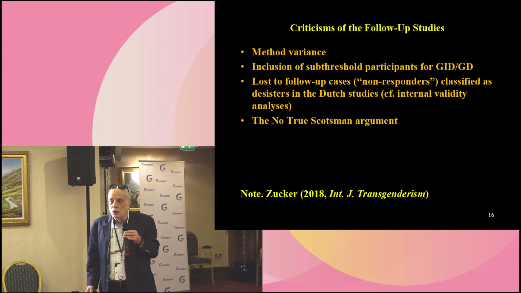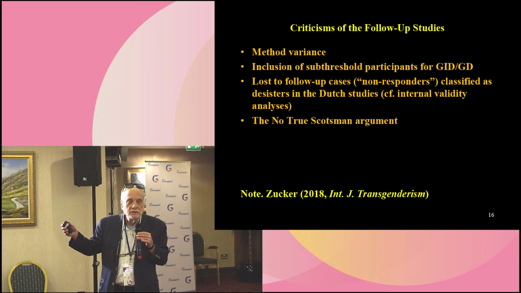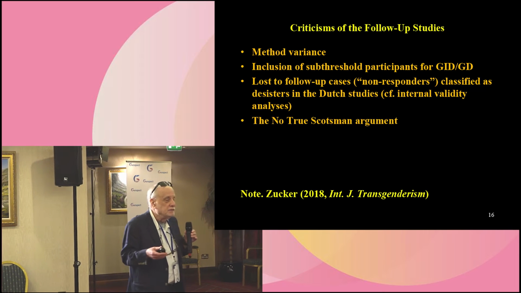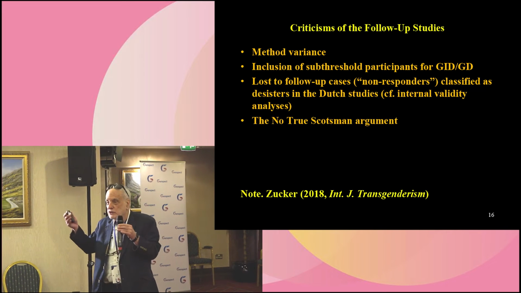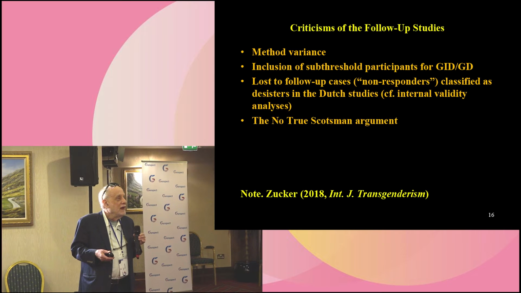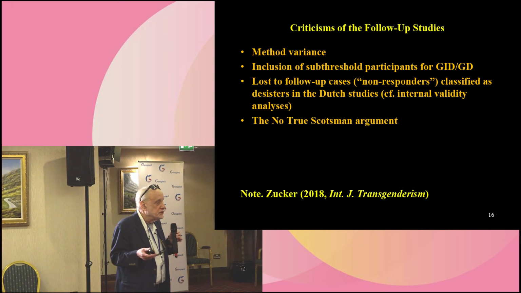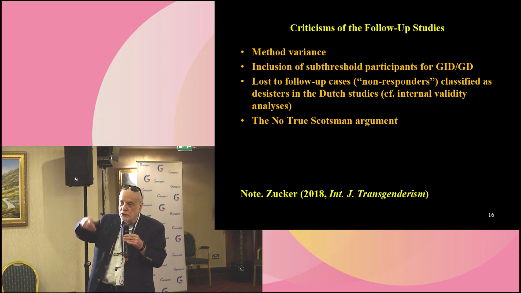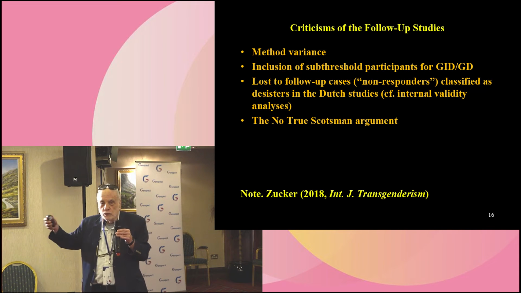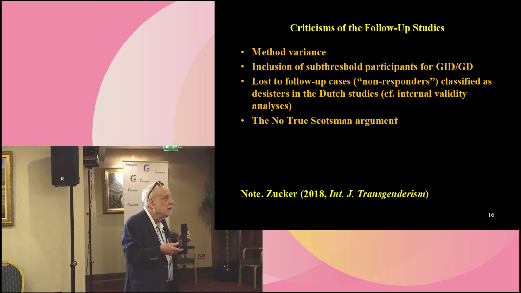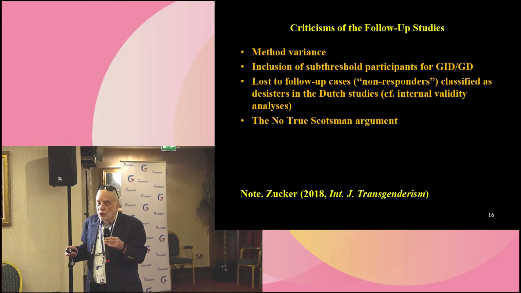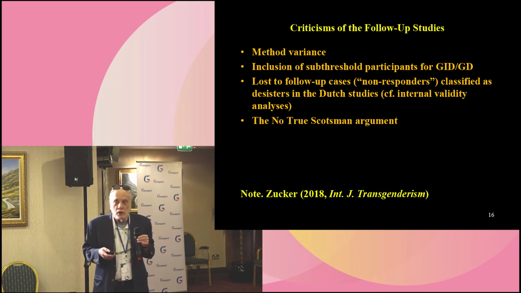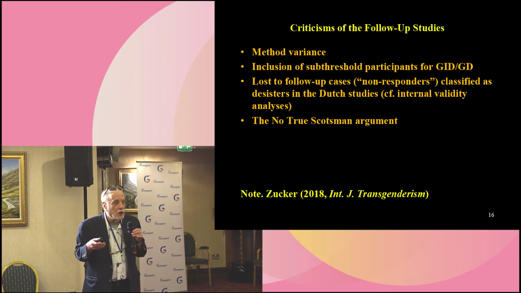And not only that, they also looked at the baseline data of the non-responders compared to the kids who were in the study, and there didn't seem to be any major difference between the kids they couldn't trace or couldn't find. And we've done the same thing in Toronto in the sense that we weren't able to follow up all of our kids, but we compared the ones in our follow-up studies with the ones we couldn't find. Basically they seem similar at baseline, which makes me feel reasonably comfortable that we weren't scooping in for follow-up an unrepresentative sample.